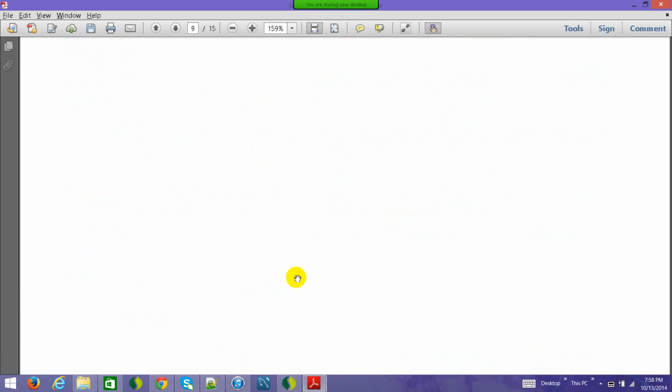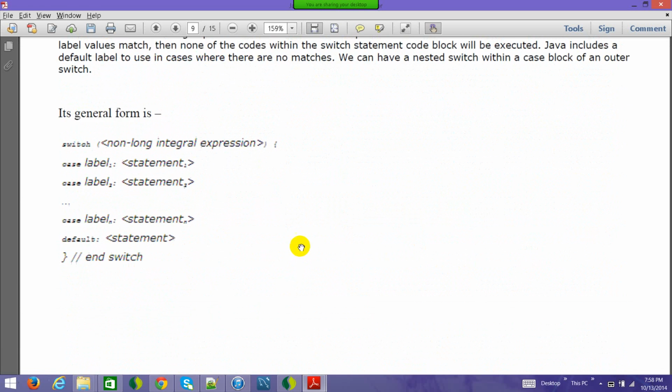See, this is how it is. Switch. Now in switch, you give a value. Say you have defined an integer a, then you can give the integer here. Then case 1, you have defined a statement here. Case 2, you define some other statements here. Case 3, some other statements are defined, and the default is 4.